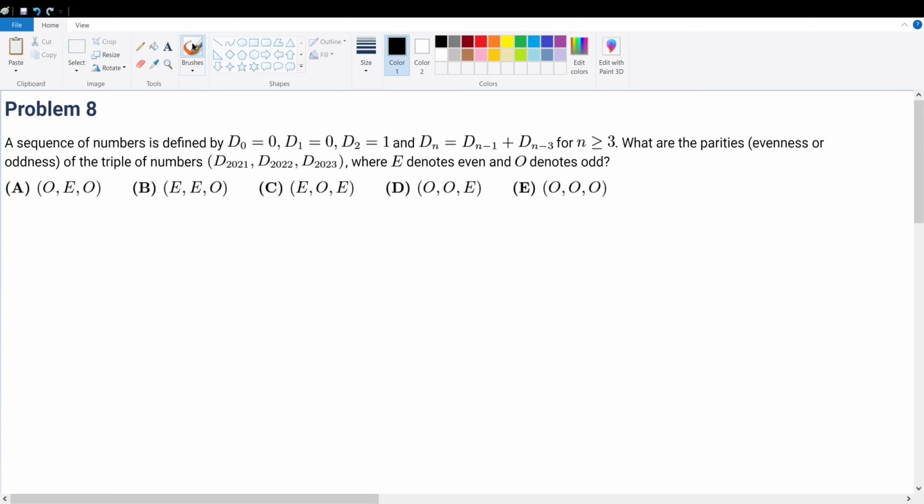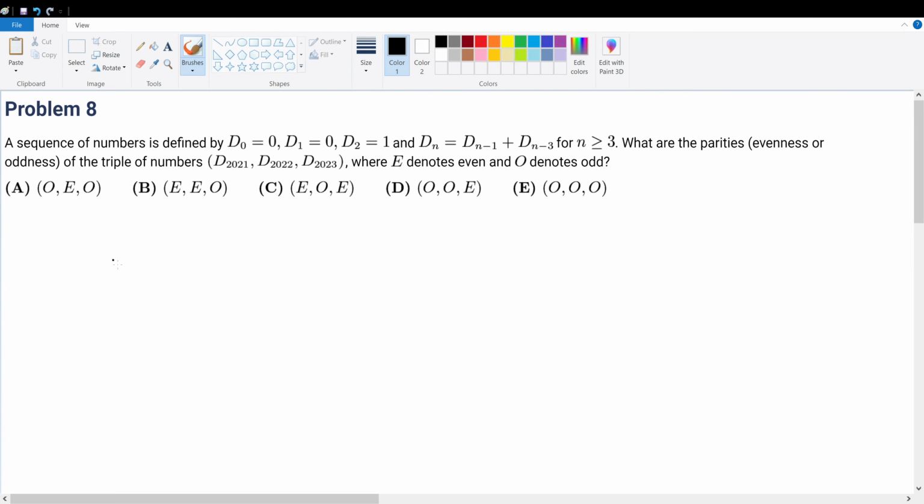Problem 8. We're given a sequence of numbers defined by the following expression. We're trying to find the parity, evenness or oddness, of the triple of numbers D2021, D2022, and D2023, where E and O denote even and odd. To solve this question, we must first find the pattern within this given sequence, and that's typically done by